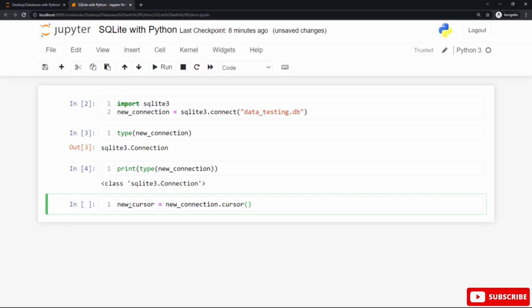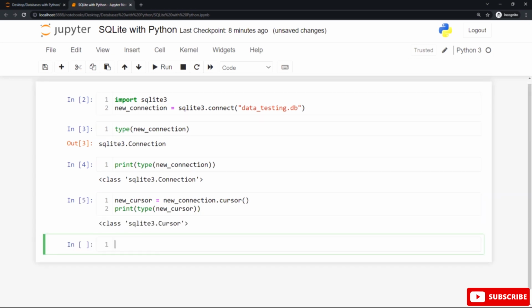Let's use the print function with the type built-in function to get the class type for this cursor. Inside the round braces of the print function, type the type built-in function with this new cursor as an argument to get the class type. As you can see, the output in this case is the class type for our new cursor.